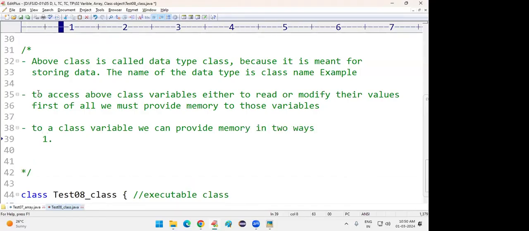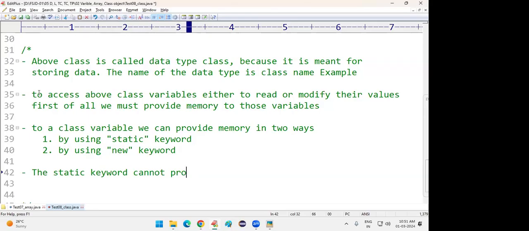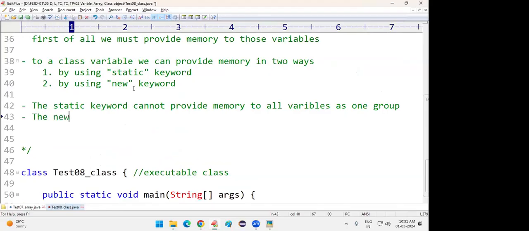Number one, by using the static keyword. Number two, by using the new keyword. The static keyword cannot provide memory to all variables as one group. The new keyword